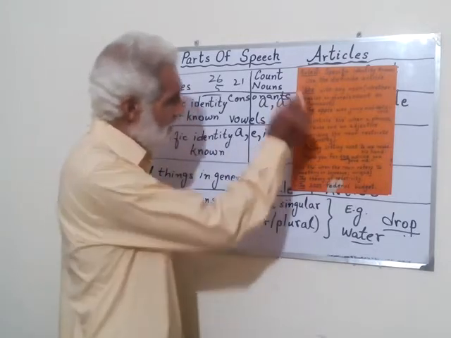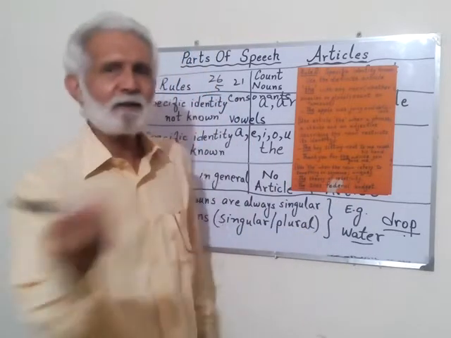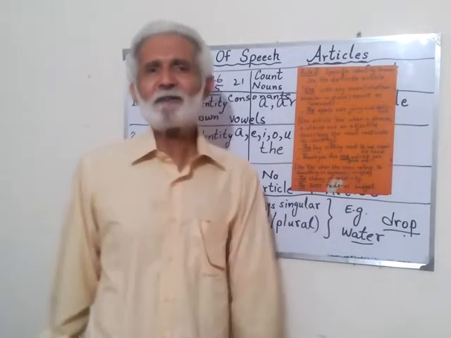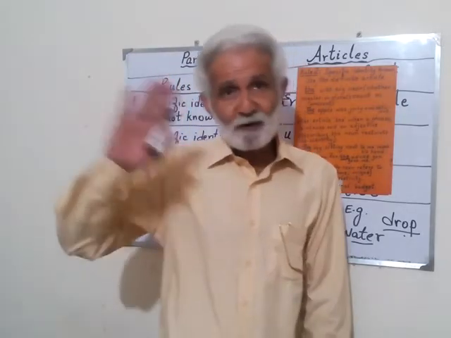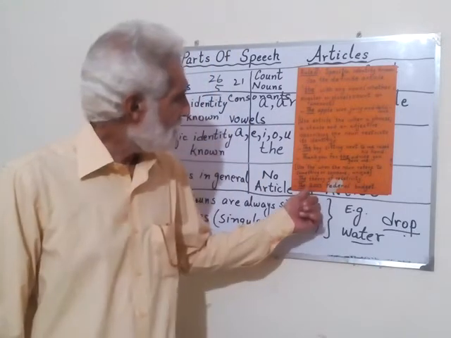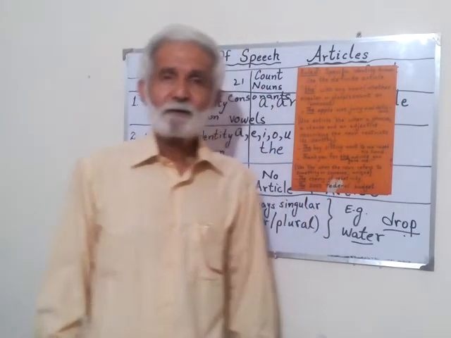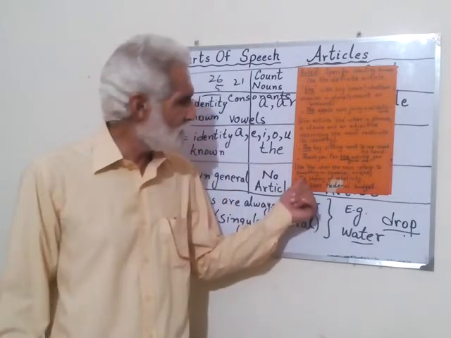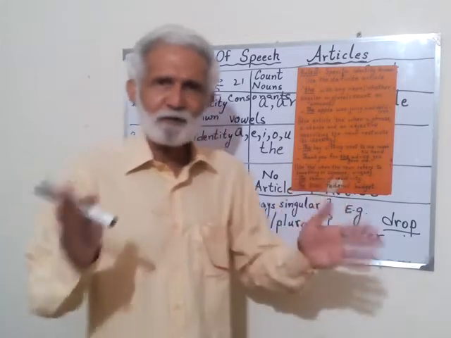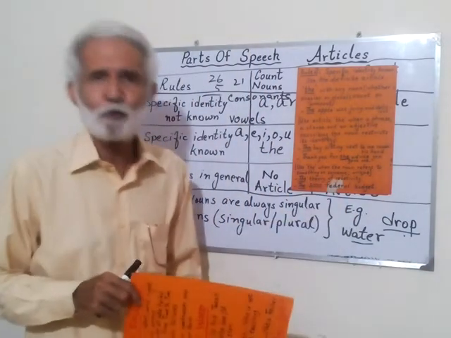Then one more thing in rule number 2. Use "the" when the noun refers to something or someone unique. It says "the theory of relativity." The theory of relativity is a unique one. Then "the 2003 federal budget," a unique one. So whenever it refers to a unique thing, we always use "the" in front of that. This is what rule number 2 is.